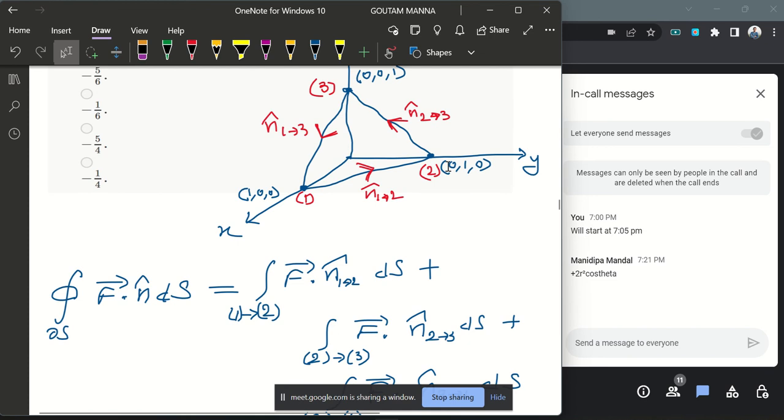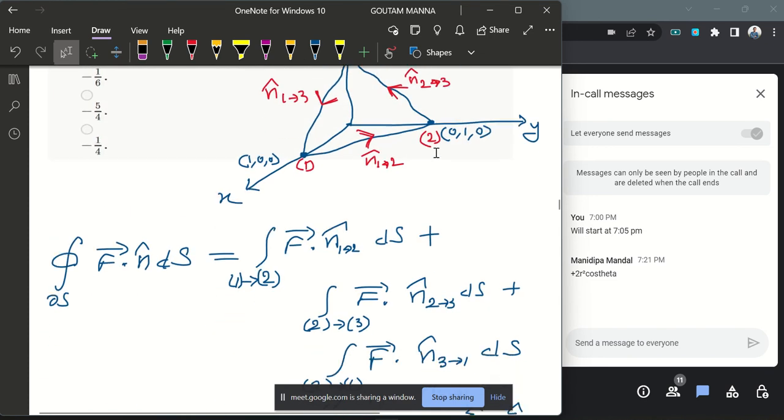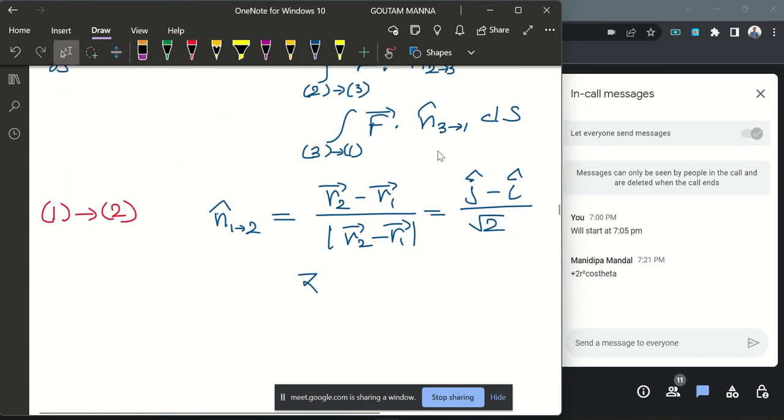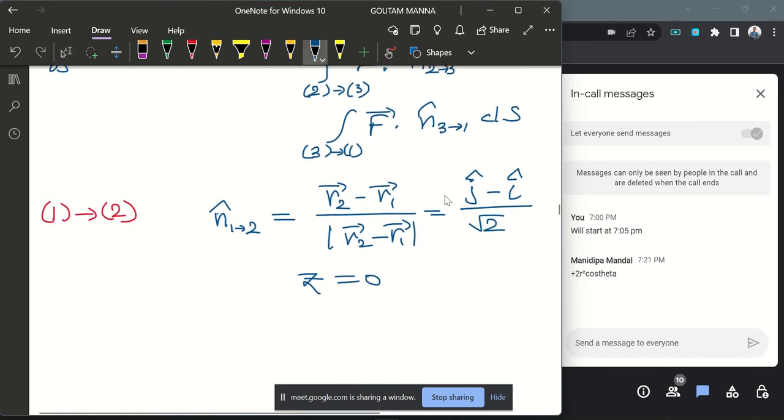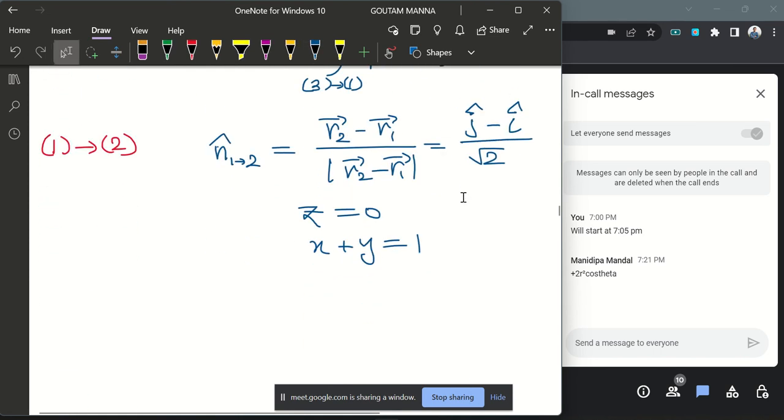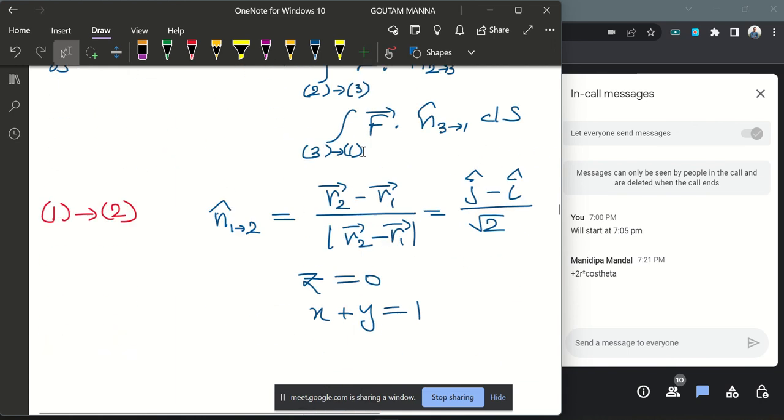Okay, and along this path z equals 0, we are in the xy plane. So z equals 0 along this path, and from the equation of this plane, if we put z equals 0, then we will get the equation of this line, which is x plus y equals 1. So x plus y equals 1. So then if we calculate this integration from 1 to 2, f dot n from 1 to 2 ds,